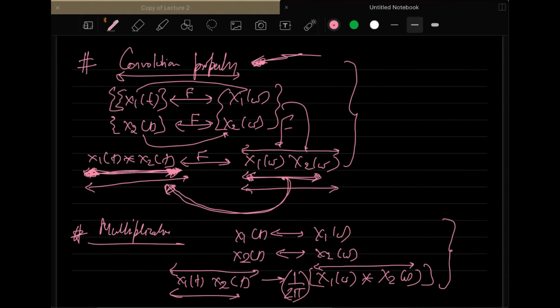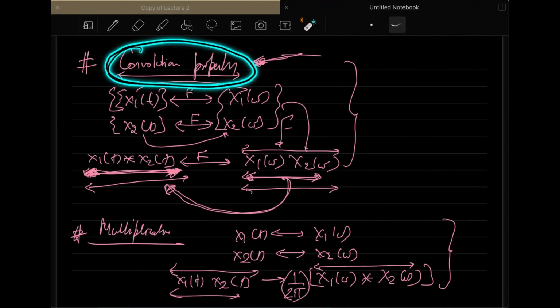An important thing is that the main reason we actually use these Fourier transforms is this convolution property. So this finishes the chapter on Fourier series and Fourier transform in the case of continuous time signals. From the next time, we will discuss the same thing in the case of discrete time. There it will be the discrete time Fourier series, and the corresponding non-periodic signal will become the discrete time Fourier transform.